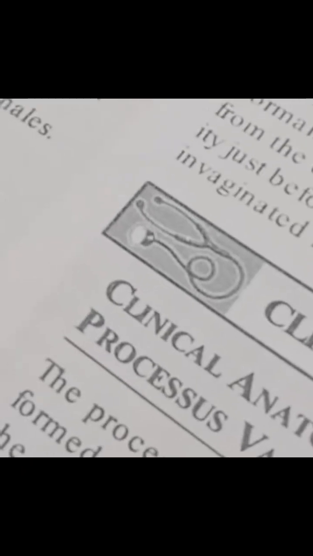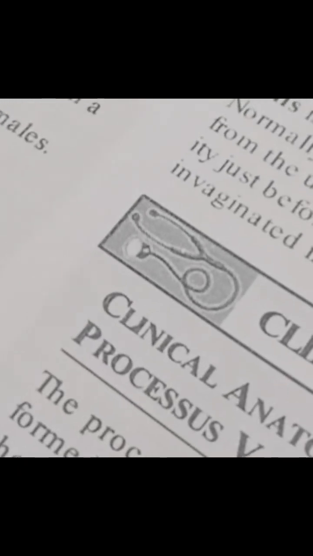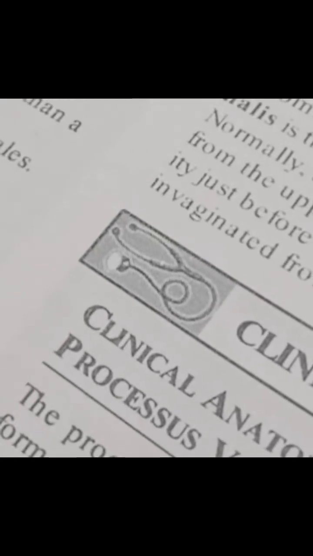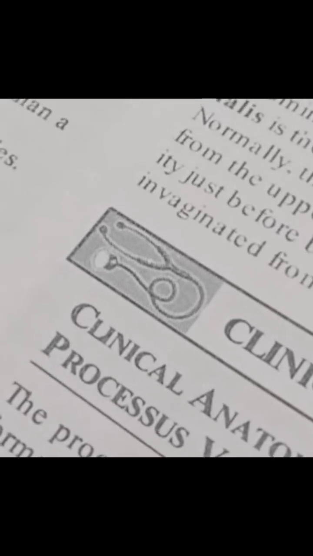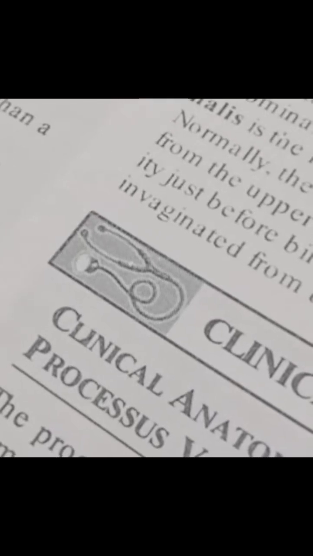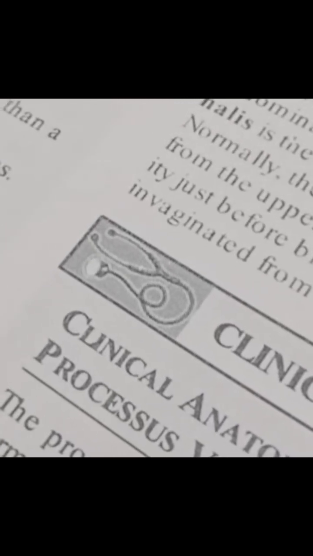Inguinal hernia. An inguinal hernia occurs above the inguinal ligament, whereas a femoral hernia occurs below the inguinal ligament. Inguinal hernias are of two types, indirect and direct. Indirect inguinal hernia. The hernia sac is the remains of the processus vaginalis. An indirect inguinal hernia is more common than a direct inguinal hernia. It is much more common in males than in females. It is more common on the right side. It is more common in children and